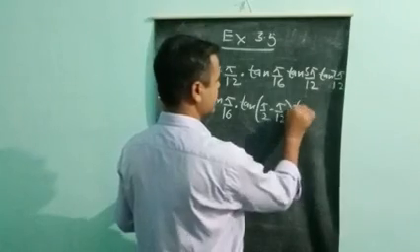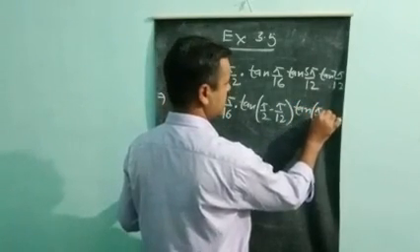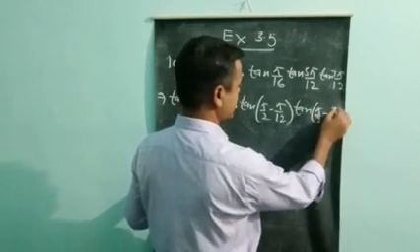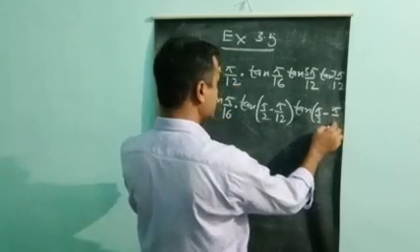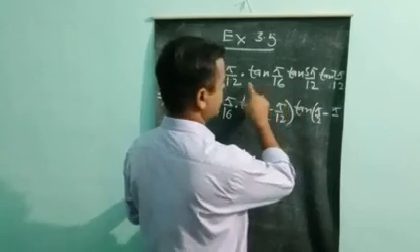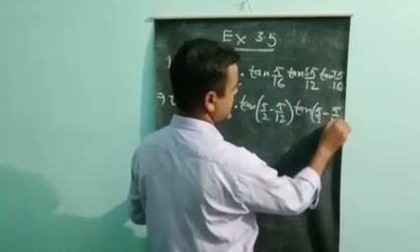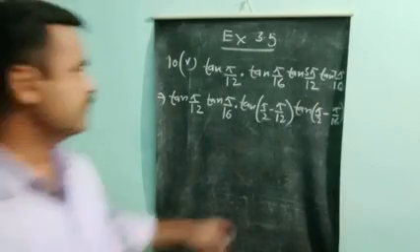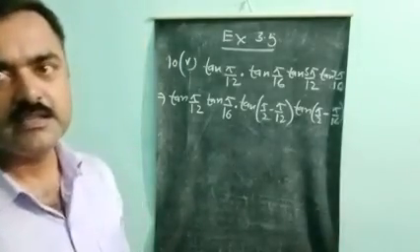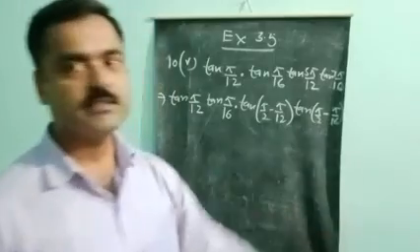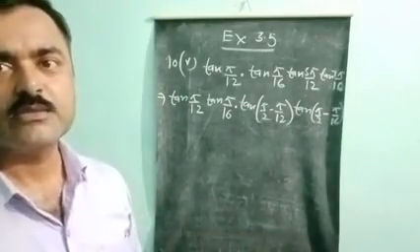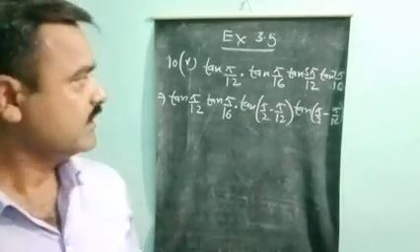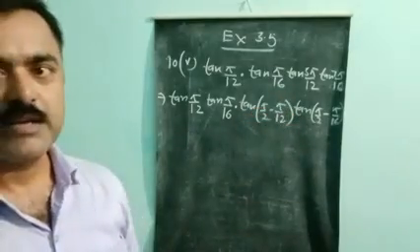Similarly, tan 7 pi by 16, which is in the question, may be written as tan of pi by 2 minus pi by 16, because you can see here 16 pi minus 2 pi equals 14 pi divided by 16 into 2, 32, and if you divide by 2, then 2 sevens are 14 and 2 sixteens are 32, so you will get 7 pi by 16.